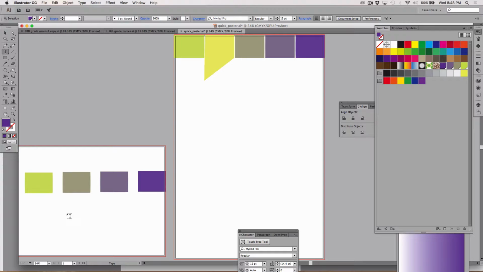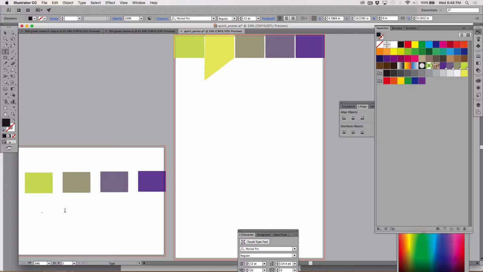Now, I probably am not going to make this whole poster happen in the next 20 minutes because it's just a lot of work. However, we can work on it again next time. I'm going to go to 72. That's a personal thing I like to do, which is make the font bigger before I try to figure out what it's going to look like, because it'll start as 12. So again, if I want to make a piece of type, text tool, and I'll click,